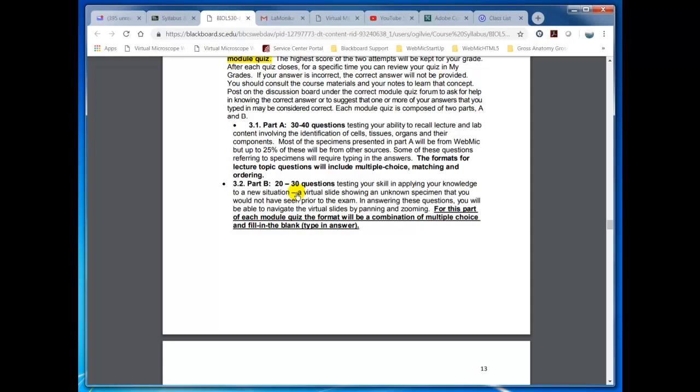the 20 to 30 questions in Part B of the module quizzes and on the midterm, and in the case of the final there'll be 3 parts, or it'll be Part C, are virtual slides, and most of the time these will be unknown specimens that you have not seen prior to the exam, so that we can test whether you are just relying on rote memory of a certain specimen, or whether you are using a reasoning process